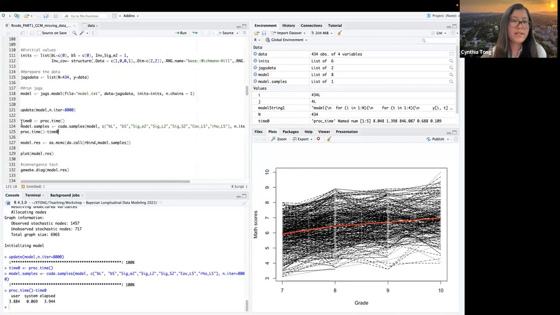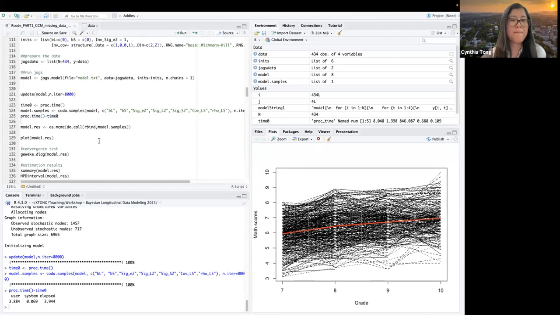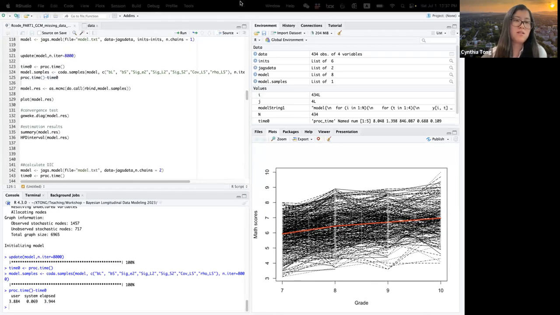And in this part, I actually have 2 additional lines here where I keep the initial time and then the time after I run these, just to know how much time is needed to run this Bayesian analysis. For this case, I only need like 3.9 seconds, which is pretty fast, right? And it depends on different laptops.